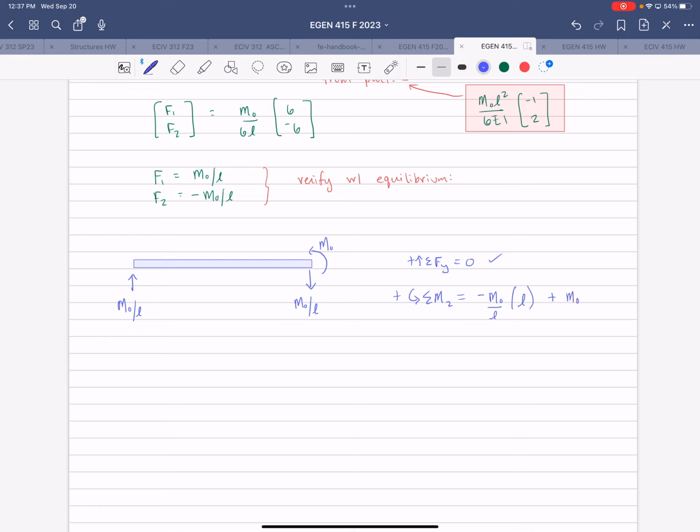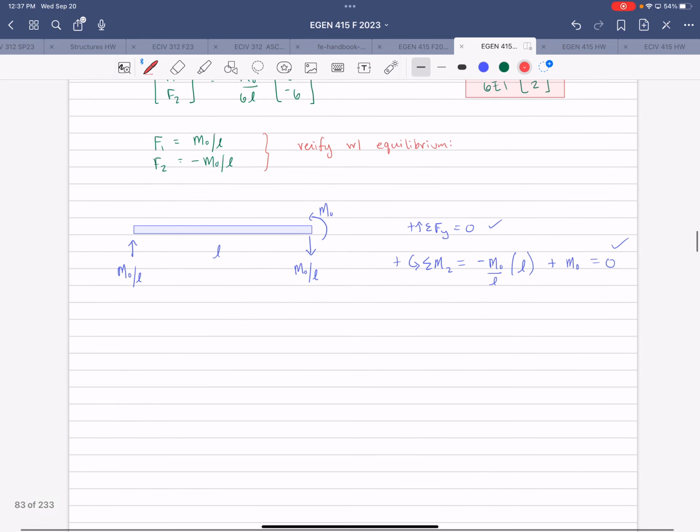M naught is equal to 0. So that does check out. All right, length L. And now that we've established equilibrium is satisfied,